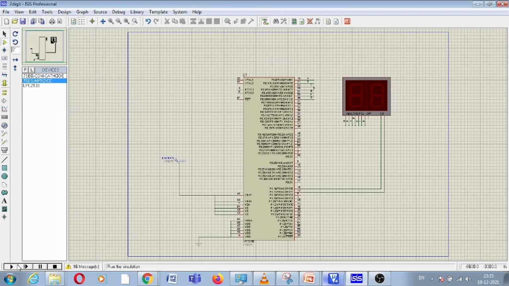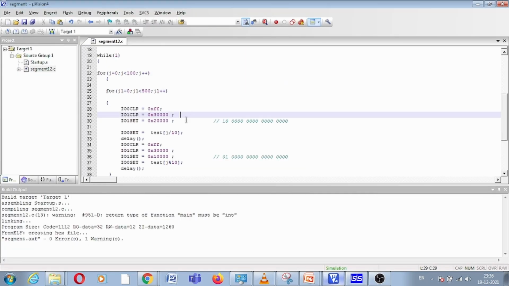So it's just a matter of sequence, and this is the counter. Right, so here you can see a 2-digit 7 segment interface with LPC 2148, and here we have the counter of 00 to 99, and this logic is called divide by modulo logic.